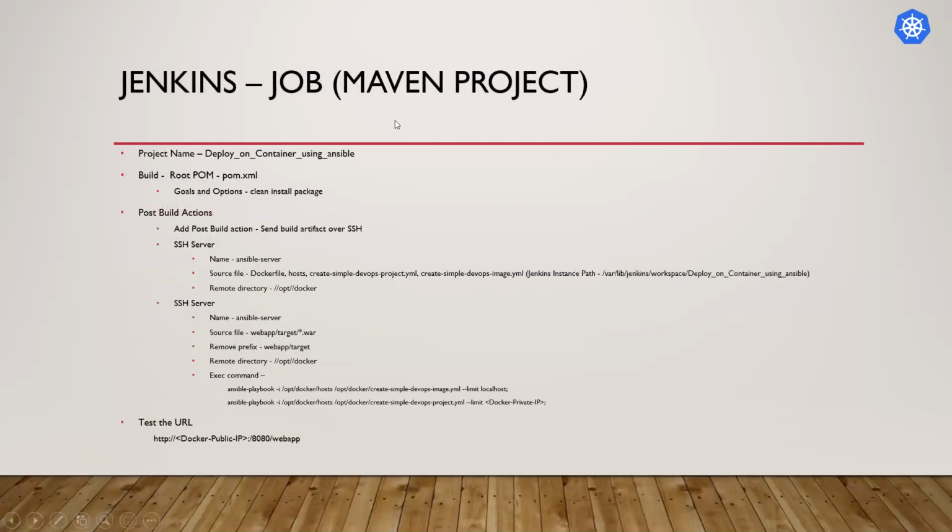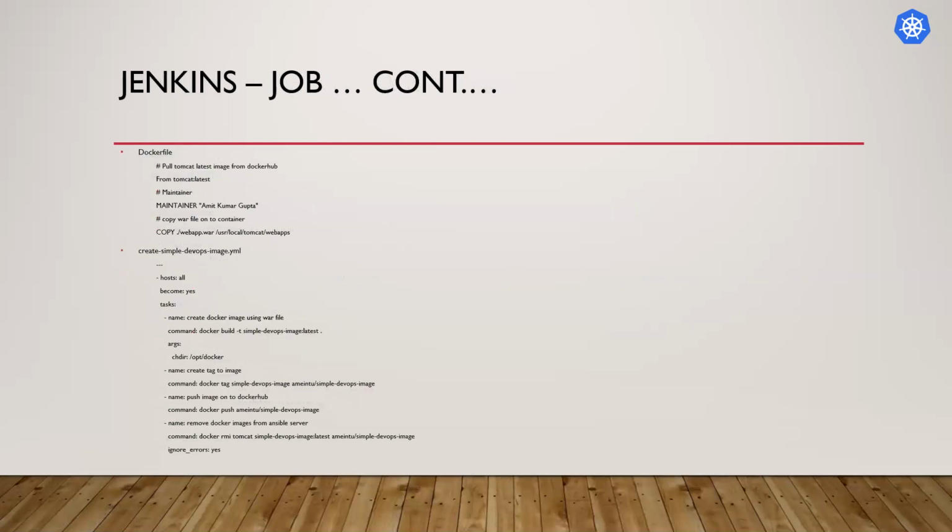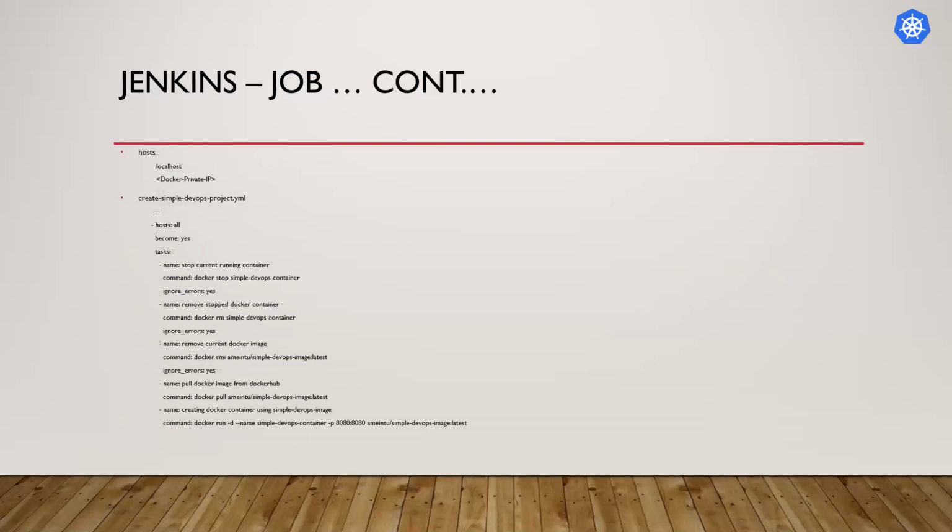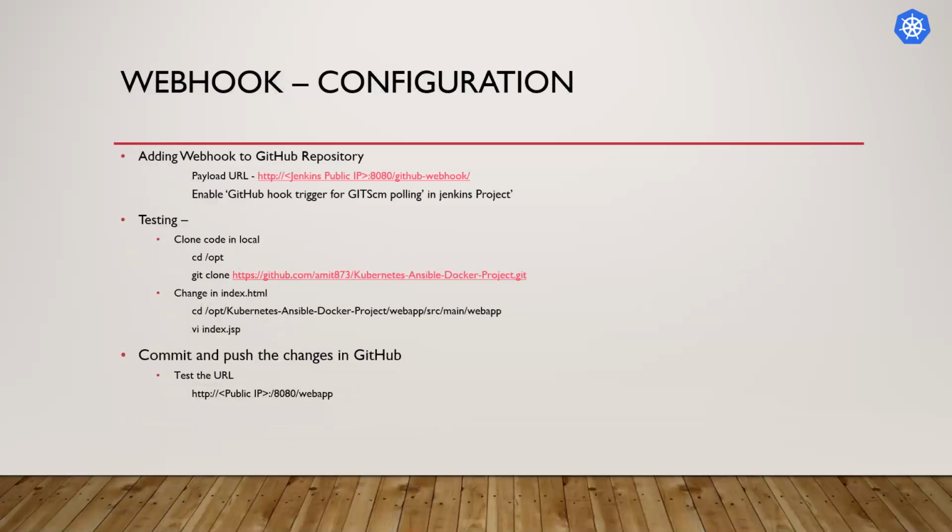After that, we will create a Jenkins job, using the Maven project, and we will do some configuration over here. I will explain all those things in the demo section. And this is the detailed description of the files which I will use. After completion of that, we will configure it to run automatically. So we need some web configuration here, at the Git repository level and our project level. We need to enable this GitHub hook trigger.